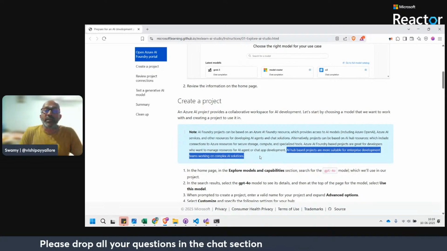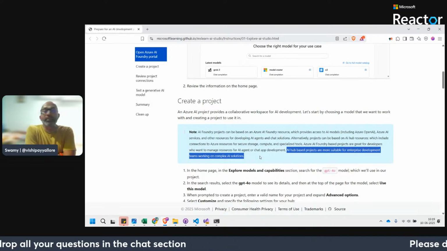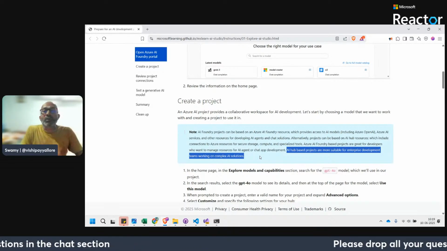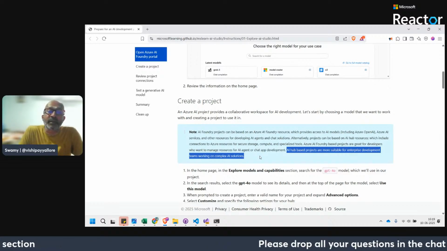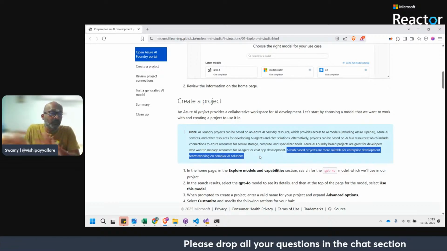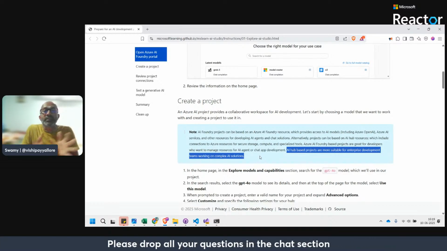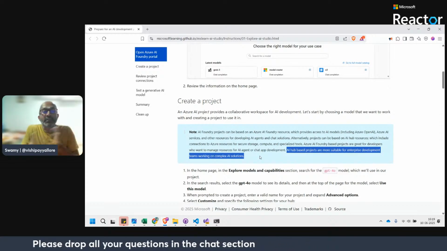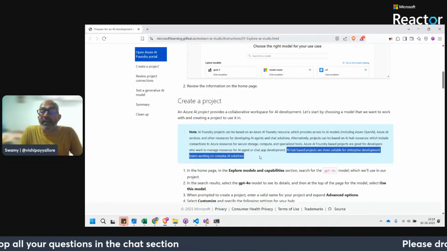teams. We'll come back and go deep into the weeds to find out what all the things are which are different, what permissions or powers AI Foundry has versus what the AI Hub has.